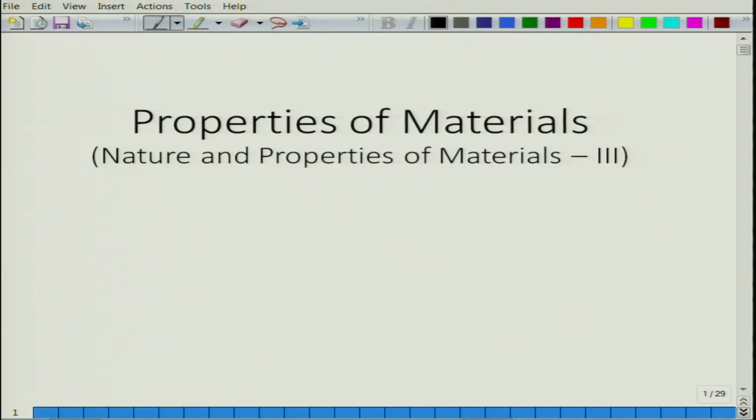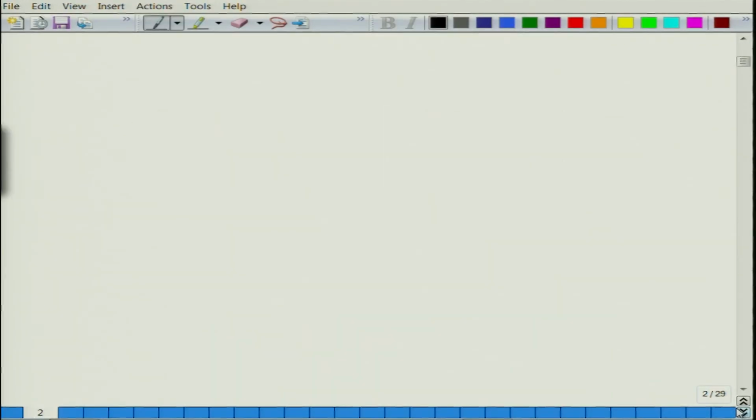So, welcome again to the new lecture of the course Properties of Materials, and let us do a brief recap of the previous lecture. So, in the previous lecture we learnt about the elasticity on the basis of